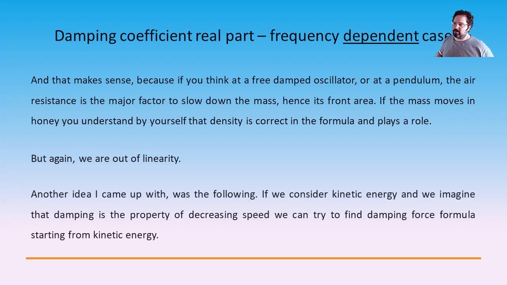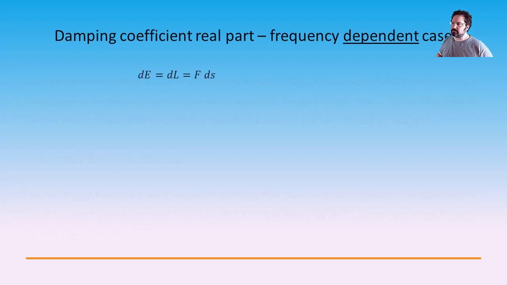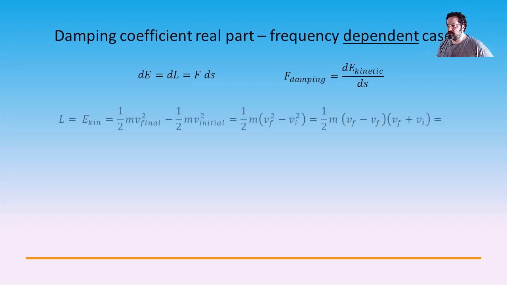Another idea I came up with was the following. If we consider kinetic energy and we imagine that damping is the property of decreasing speed, we can try to find damping force formula starting from kinetic energy. So energy is work, maybe in English, and force times distance. So force is derivative of energy on distance. So work is equal to energy, kinetic energy, the two expressions for final and initial kinetic energies. And then you shift